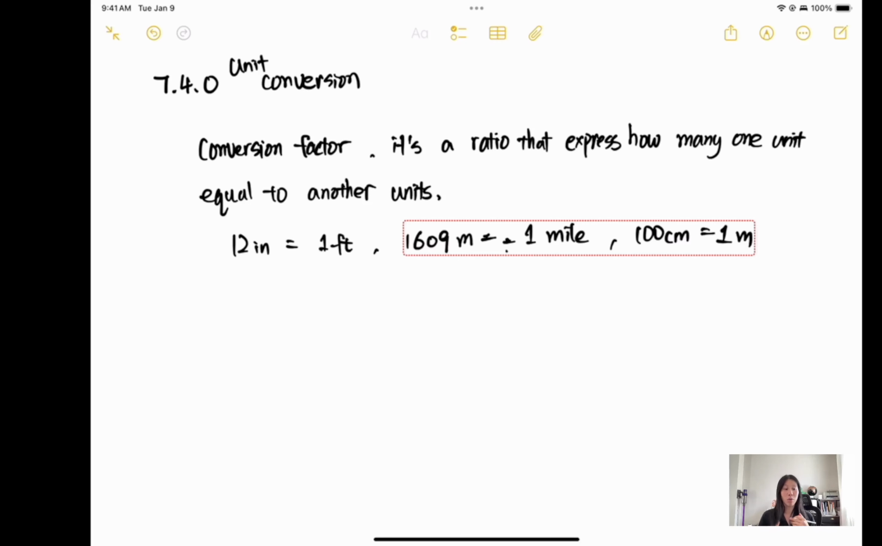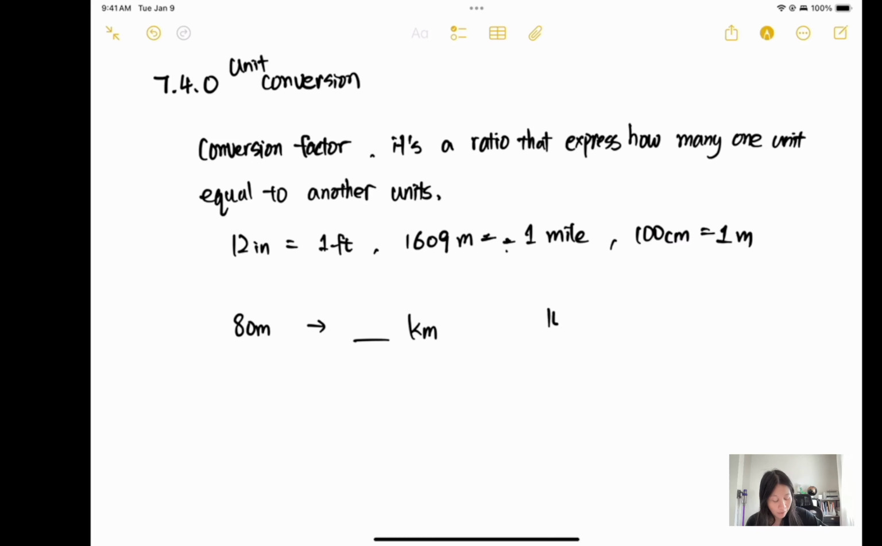For example, how do we apply this conversion factor? Say I want to convert 800 meters to kilometers. First of all, we need to know the conversion factor. We know that every 1,000 meters equals 1 kilometer. What we are going to do is use multiplication by a factor. So we need to keep all of the units, such as